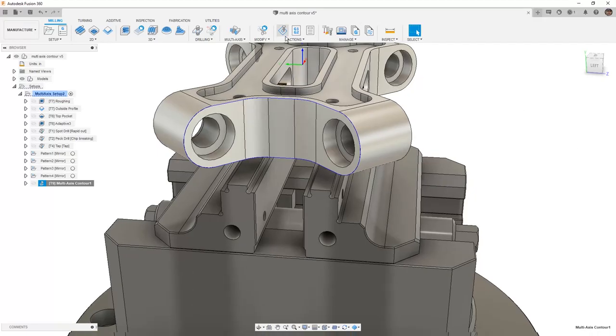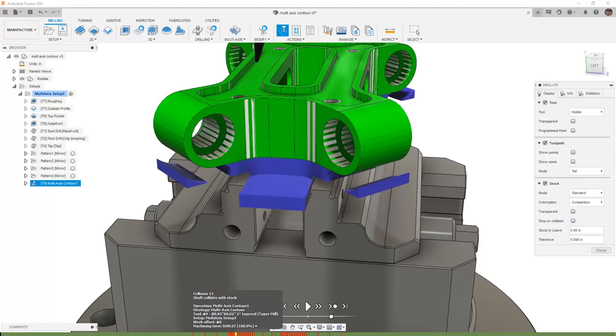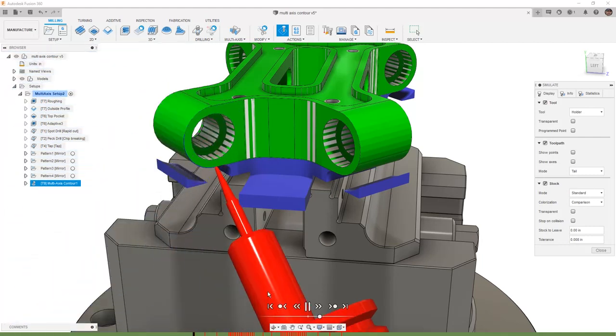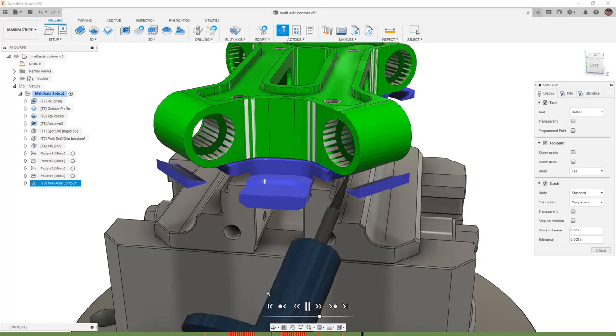Once it's been created, let's go ahead and simulate and take a look to make sure that we understand exactly where these collisions are happening. So I'm going to slow this down, but I want to play through and see what the tool is doing. So you can see in the underside, we are actually going directly through that stock with a portion of the